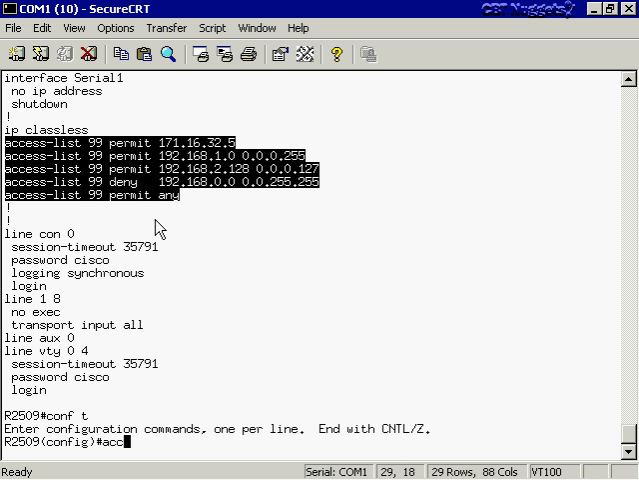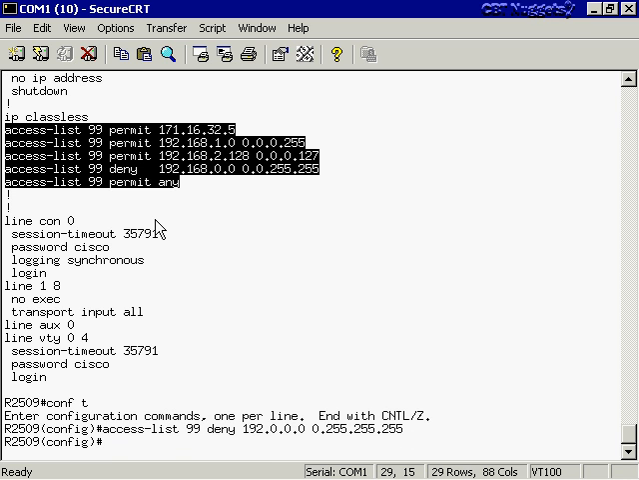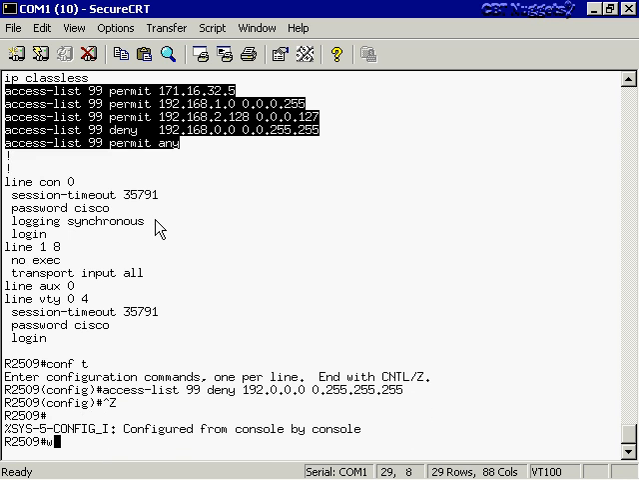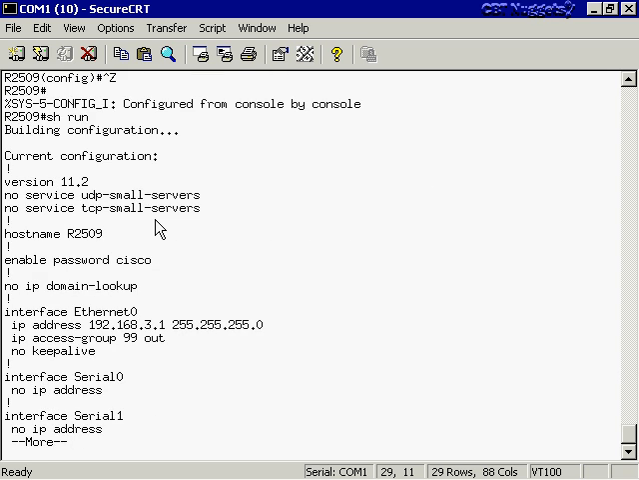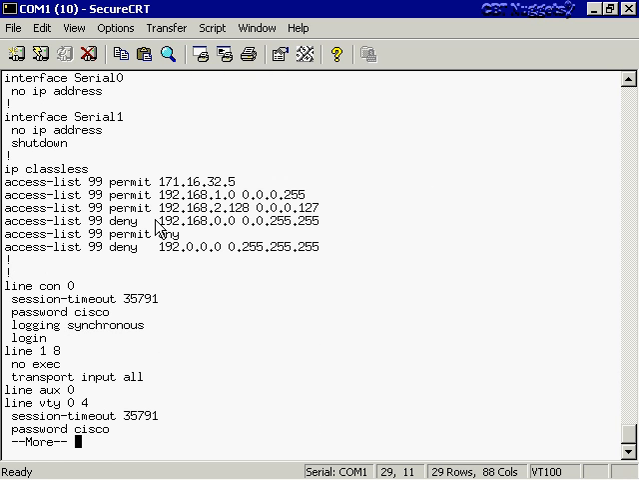Okay, access-list. It's still 99, but this time it will be a deny statement. And let's deny, let's see, just the whole 192 range, 192.0.0.0. There we go. Let's see what happens with this. Let's Control Z out of this, show our running config. All right, very interesting. Look what we have now in our